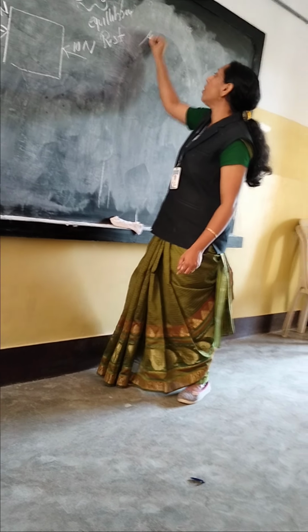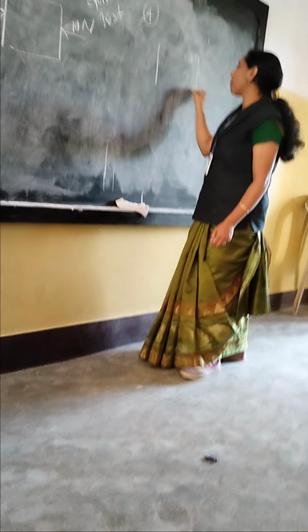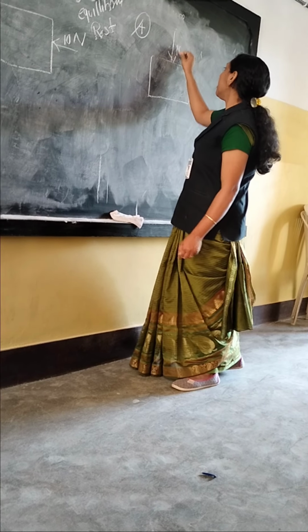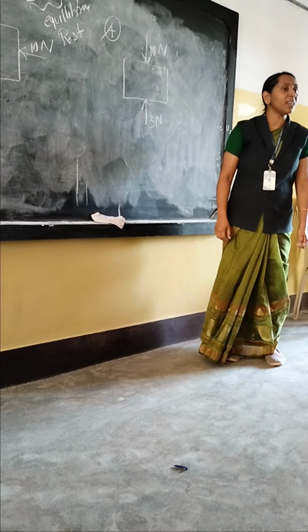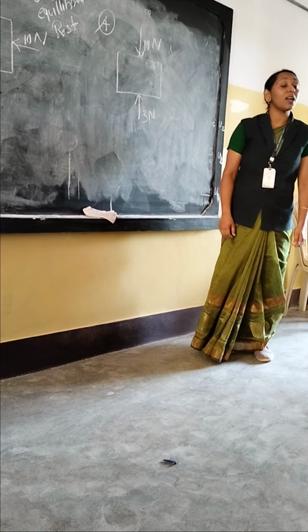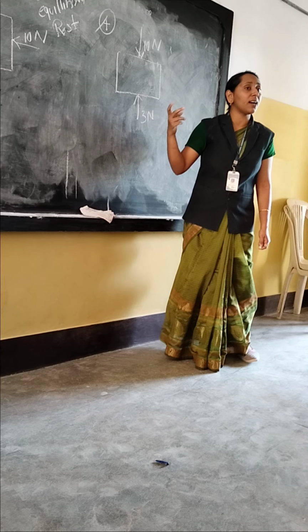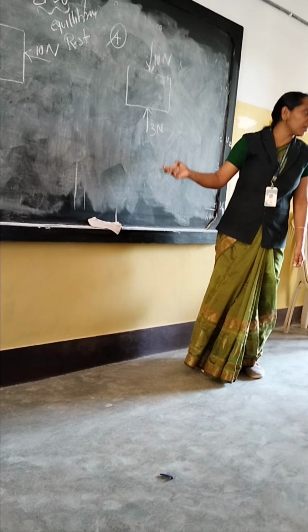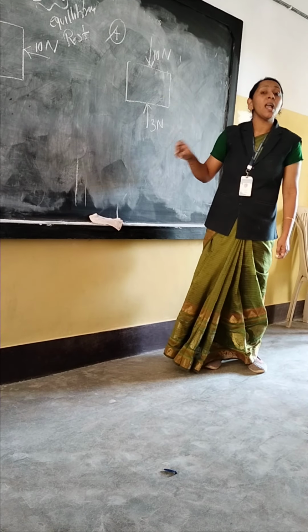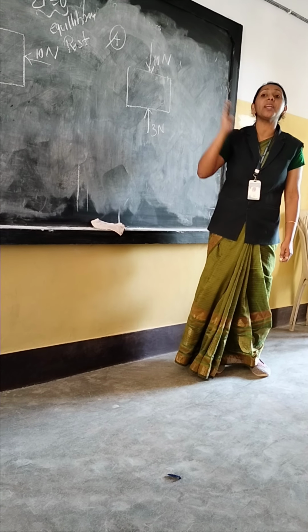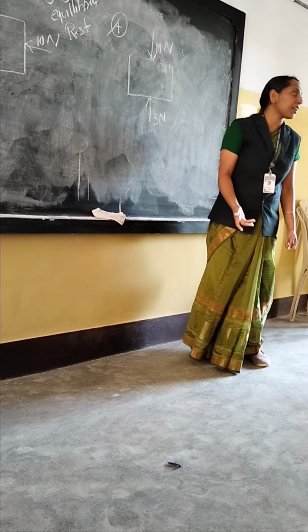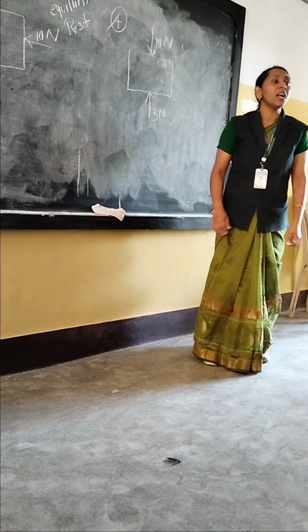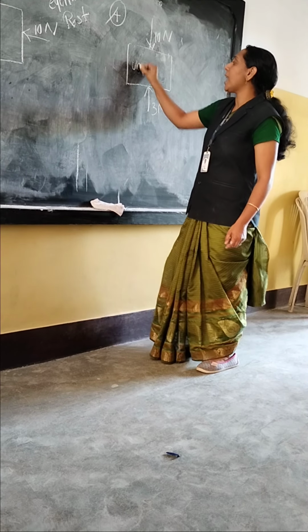Clear everyone? Next is non-uniform forces. Case number 4. I am considering the same object. 10 Newton is here and 3 Newton is here. What is the actual effect on the body? The body is moving downward. 10 minus 3. Because in this case two forces are there, 10 Newton in downward direction, 3 Newton in upward direction. Both forces have different magnitude and opposite direction. So a resultant effect will happen. The body is moving downward. This is unbalanced forces.